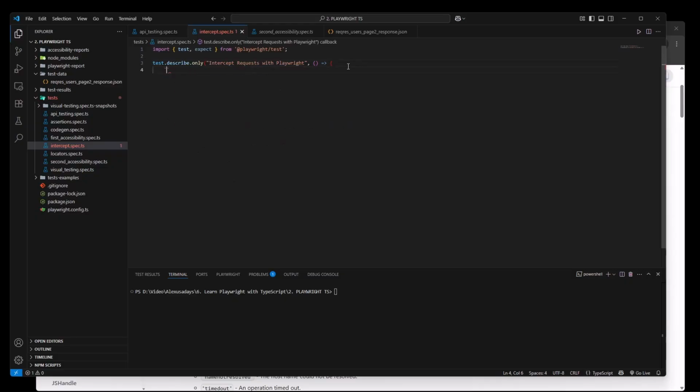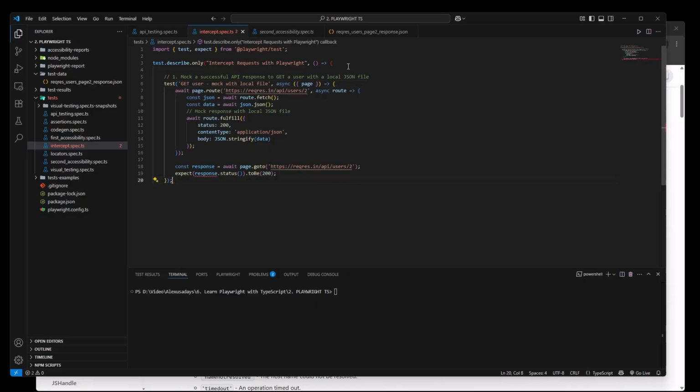Okay, and let's start with the first case. The first one will be mock a successful API response to get a user with a local JSON file. Okay, so test get user mock with local file, async